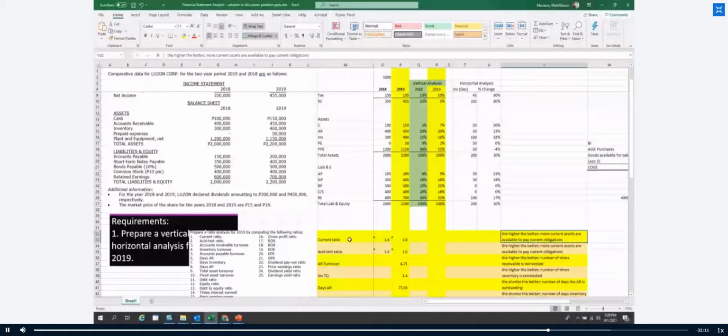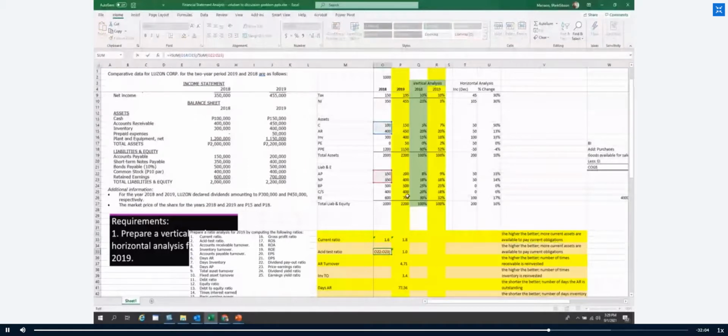What is acid test ratio? Class, in acid test ratio, actually this is similar with current ratio. The only difference is that you're only accounting for highly liquid assets. So let's discuss that. What are your highly liquid assets? These are your current assets that can easily be converted to cash. So of course, you have your cash and your accounts receivable. Your inventory kasi class,